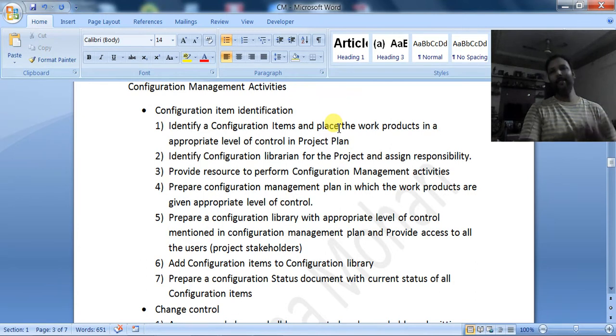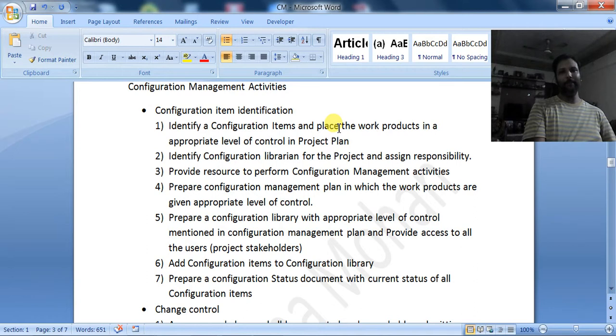After identifying the configuration items, I have to identify a configuration librarian, a designation I have to introduce. In most projects, the configuration librarian will be the project manager or the project lead.